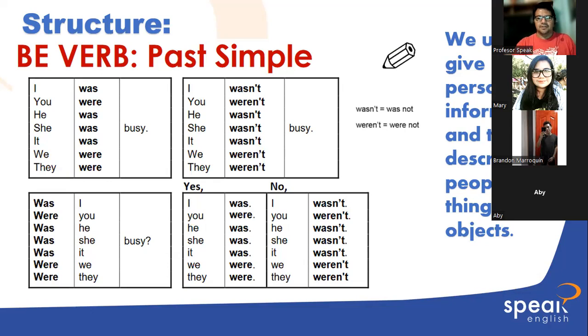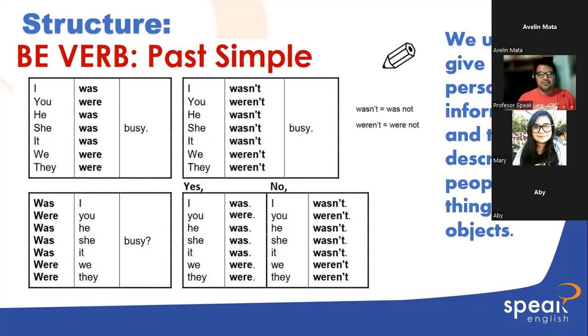How are we going to give personal information? Well, we give personal information when we talk about the time when you were a child, for example, or the time when you were a teenager, or the time that you were or had a specific attitude or a specific adjective that described you, and today you're different. Okay, that would be an example of using it in the past tense. Here, there is a chart. Evelyn, you had a question.